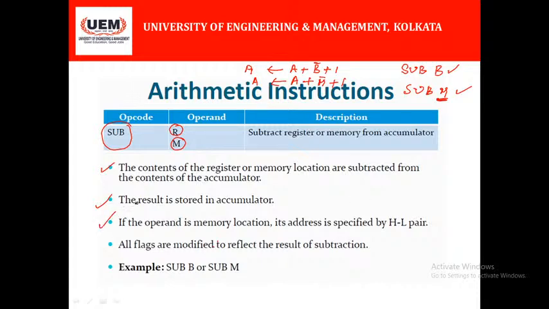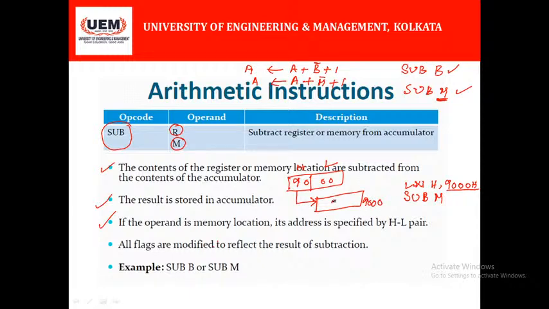If the operand is in a memory location, then its address is specified by the HL register pair. Example, SUB M. In case of SUB M, we need to point out what capital M is. So to point to it, we need to write LXI H, then the value of M, say 9000H. Then HL will be filled by 9000. The value of H becomes 90, L becomes 00. So it will point to the memory location